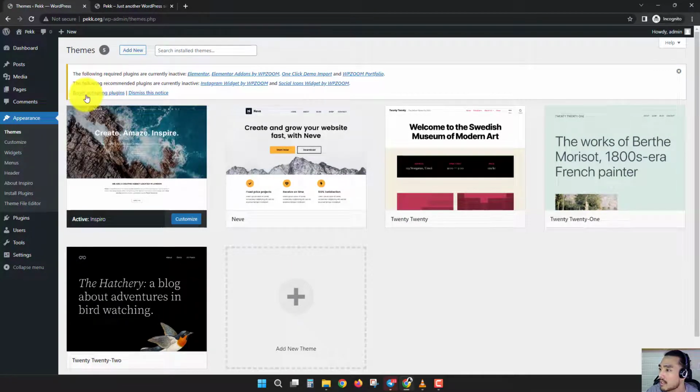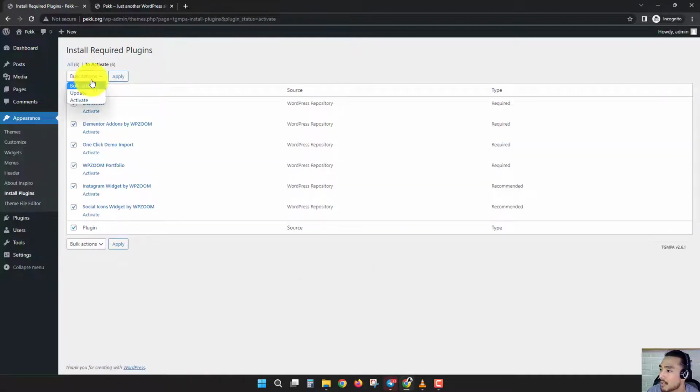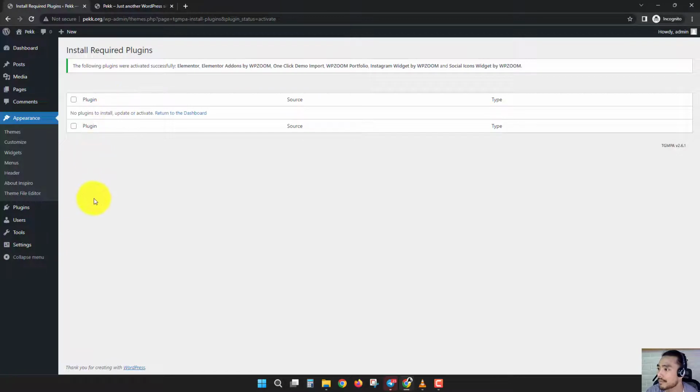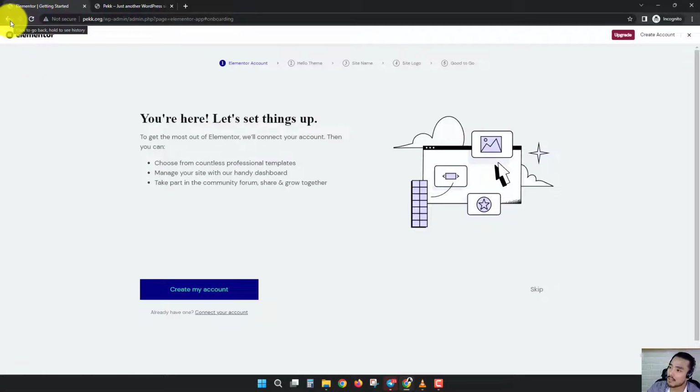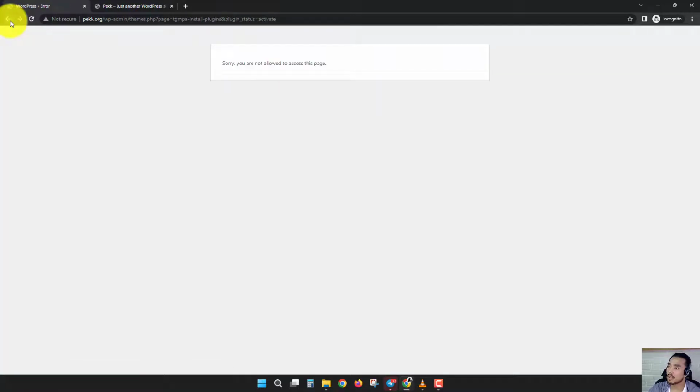Now we need to activate the plugins. So we can begin by activating the plugins. Apply. Alright, perfect. And let's see what else we need. This Elementor is going to come out. You can sign up for it later. For now, we'll just work on